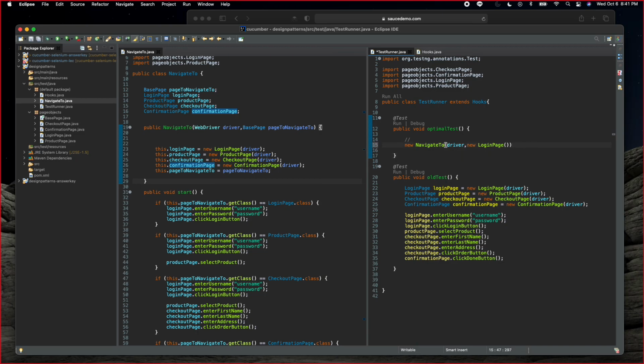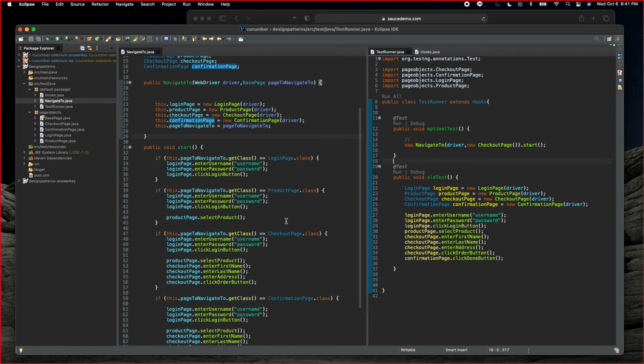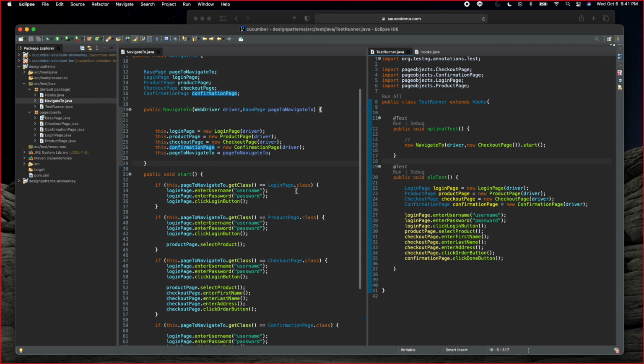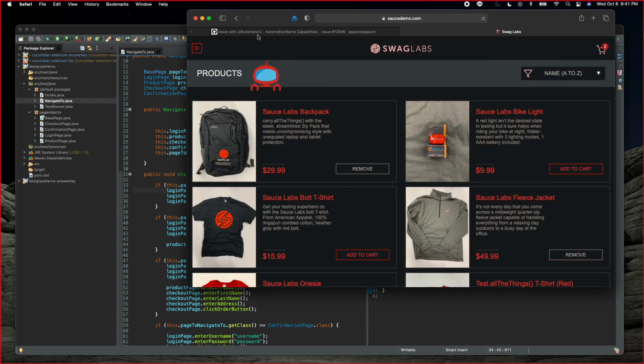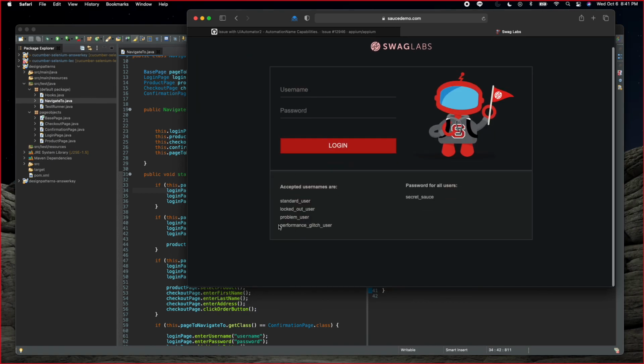So right now I can do this. Say again. Can you repeat it one more time? Right, sure. So look at the test from your class, right? Let's say I wanted to navigate to the confirmation page or the checkout page. As it is right now, I could start this and this will run. But the thing is, I hard-coded enter username, enter password. I hard-coded username and password, right? So this is what it's going to pass. And it's not actually going to do anything because these are not actual parameters. But even here, you guys know in saucedemo.com, let me log out and refresh your memory. There's 4 sets of data here, right? So just think of